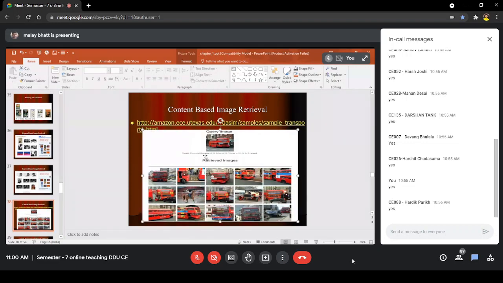Actually it is not the query image, but because in the background you can see a car with a red color and with wheels and some glass windows, it is extracting it as a query image.